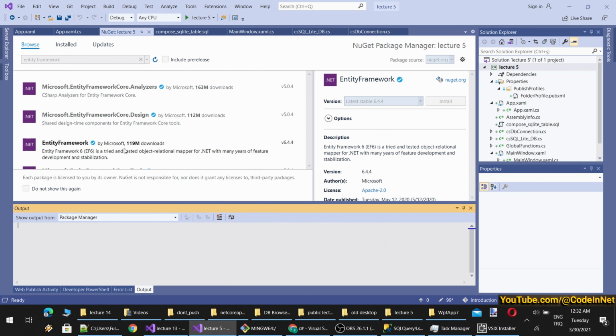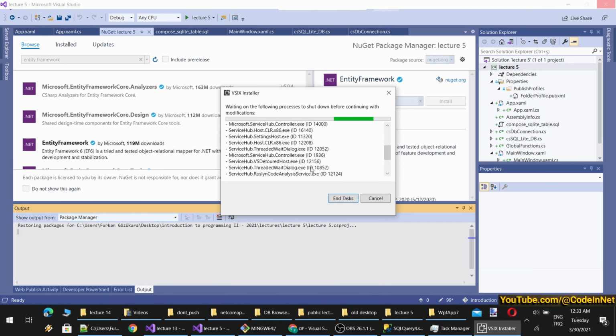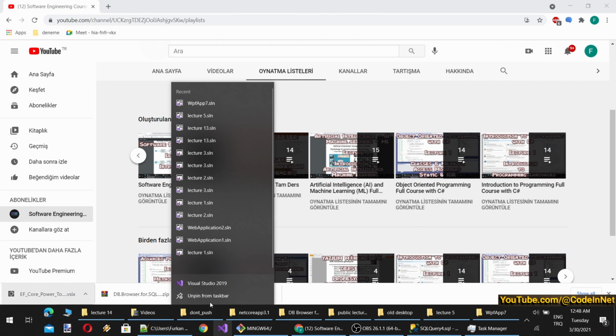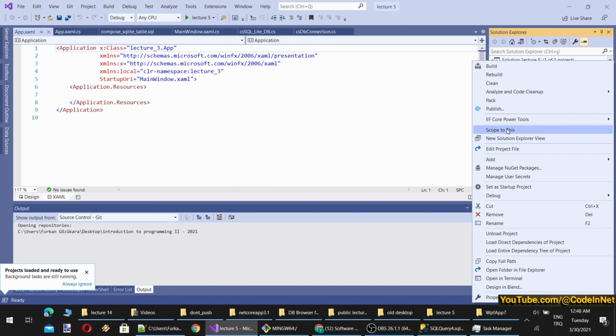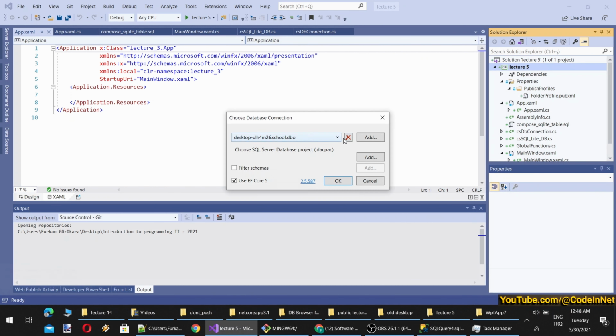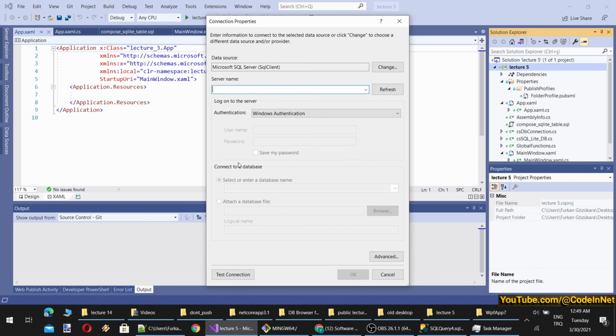You see it has over 100 million downloads. Okay, so it's installing the necessary things. Okay, after I have closed Visual Studio instances, the installation has been completed. Now, when we open our project, it should be available. We are going through all this hardship to use Entity Framework on a .NET Core application. It is already available in .NET Framework application. Okay, so now we have EF Core Power Tools option here. I click reverse engineer. Okay, now I will add a database from, okay, you see the same window appeared.